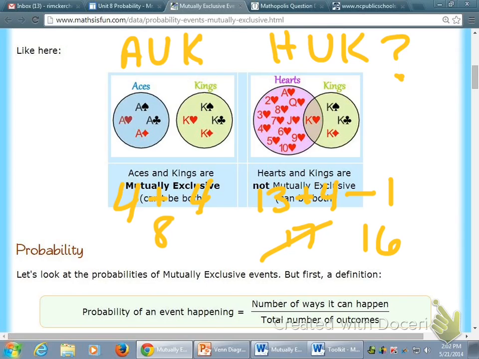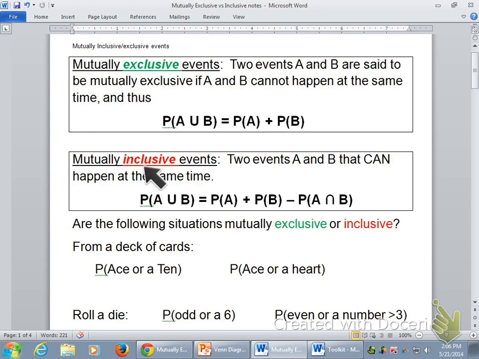So we're looking at the exclusive and the inclusive. What I want to do is look at a deck of cards and find the probability of an ace or a 10. Are these two events exclusive or inclusive? They are exclusive because it is impossible to have a 10 that is also an ace. Because they're exclusive, I need to use the exclusive formula up here. I'm just going to add the two probabilities together, because this says or, and or means union, right? Okay, so what is the probability of that ace?